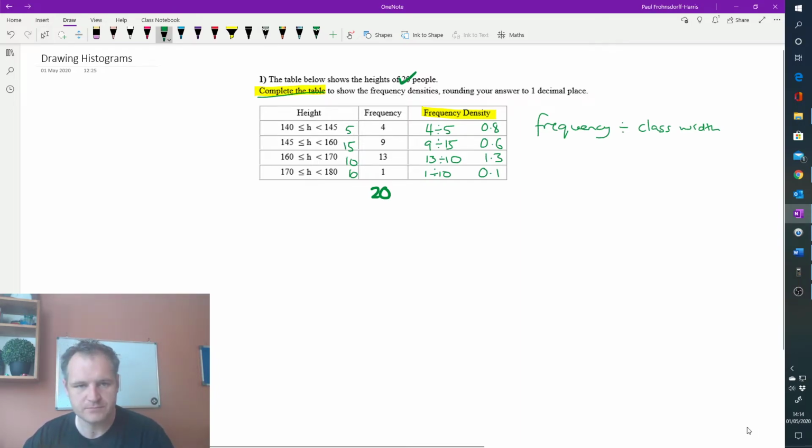That's helpful. Complete the table to show the frequency densities, rounding your answer to one decimal place. Okay, so we've now got